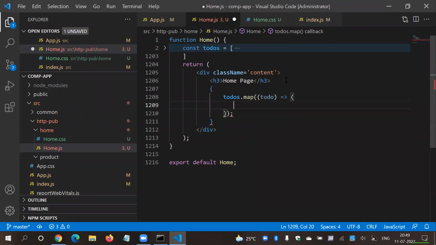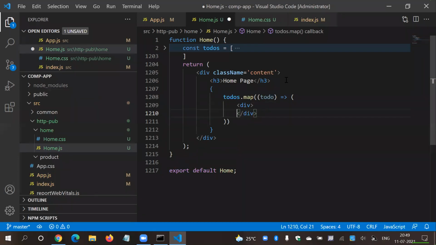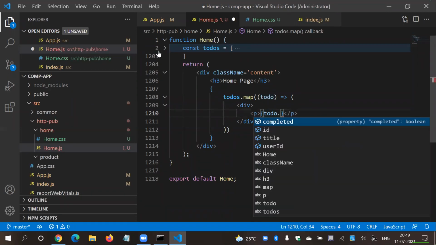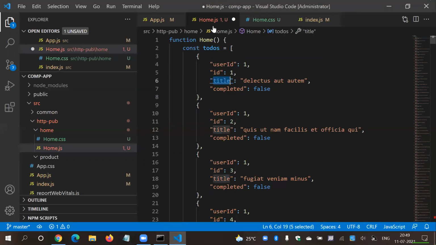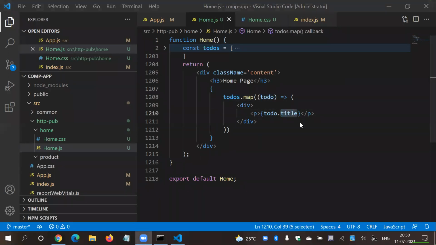You can write your own HTML here, like div, and inside div, let's say if I want to show a paragraph, I want to show todo dot, what is the column name, title, right? So let's say title. So todo dot title. So todos is your array. With map, we are going to fetch records one by one, and here is the title. Let's see whether it is working or not.